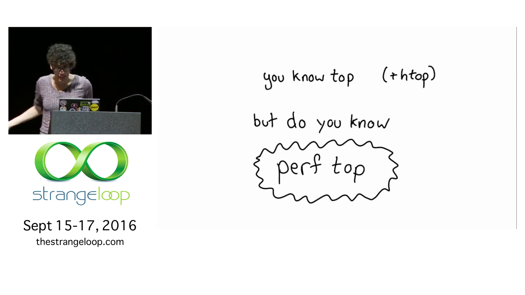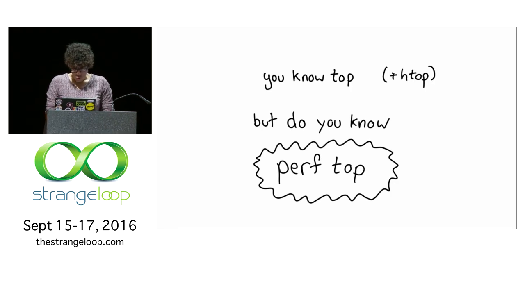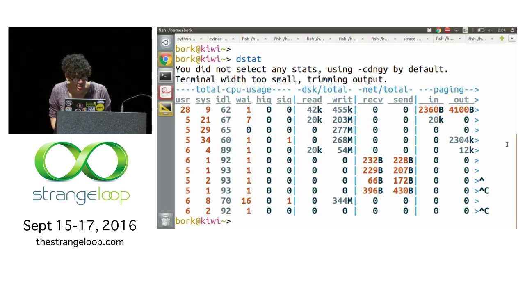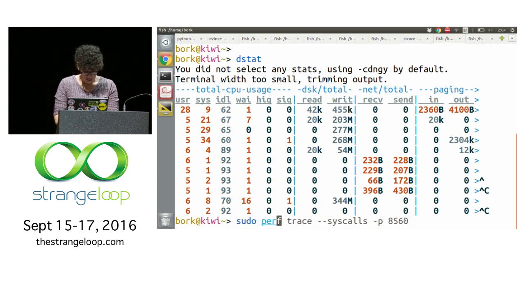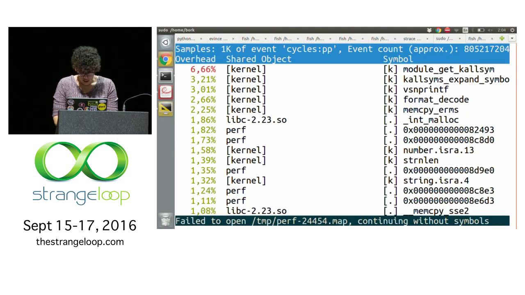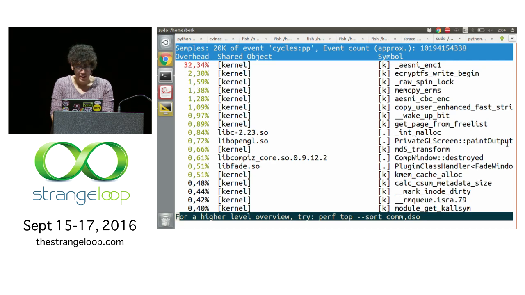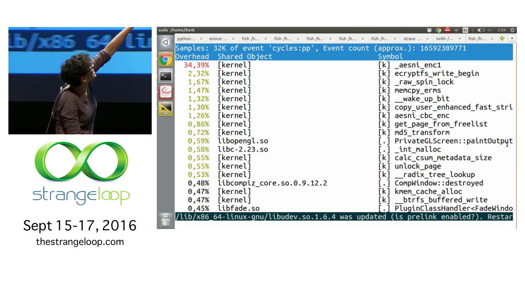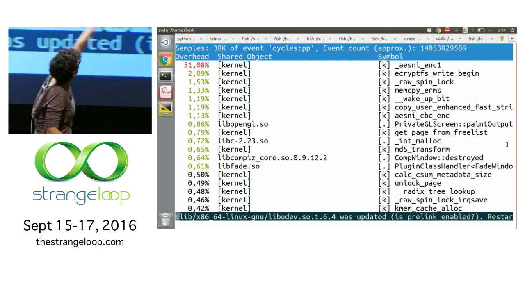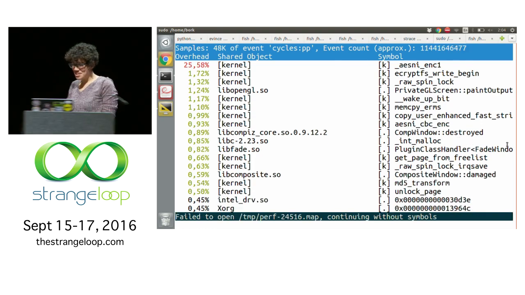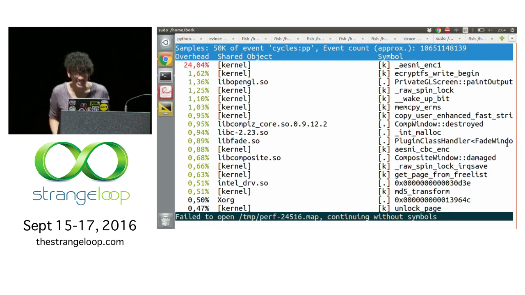Perftop is something which you can use on Linux. Perf is a program you can install. And basically what it does is it can tell you which functions are running slowly on your computer. So instead of which programs, which functions inside those programs, which is kind of crazy, right? So I'm going to start perftop right now. And then I'm going to run my program, and we're going to see what happens. OK, cool, it's happening. So look up there. You see AES NI enc1 and eCryptFS write begin. Right? Something's happening. What does it mean? But we have a clue now, right? We have an amazing clue, which we did not have before, about why our program is slow.